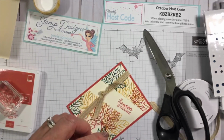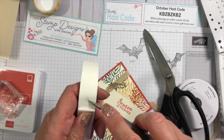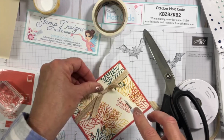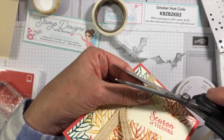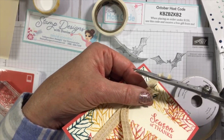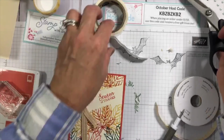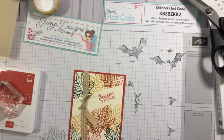There we go. And again, I'm just going to stick a little glue dot right underneath here. And I am going to trim these because they're a little ragged. And then for our sparkle,